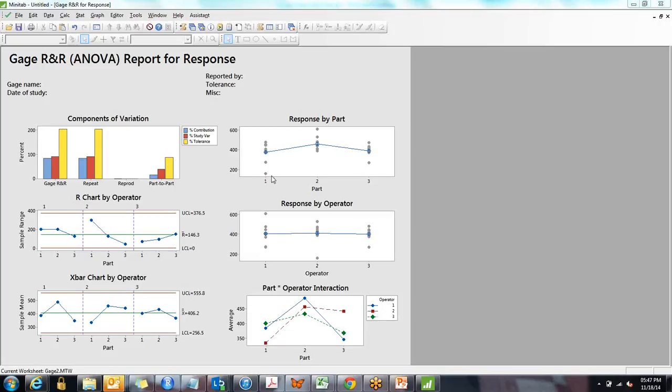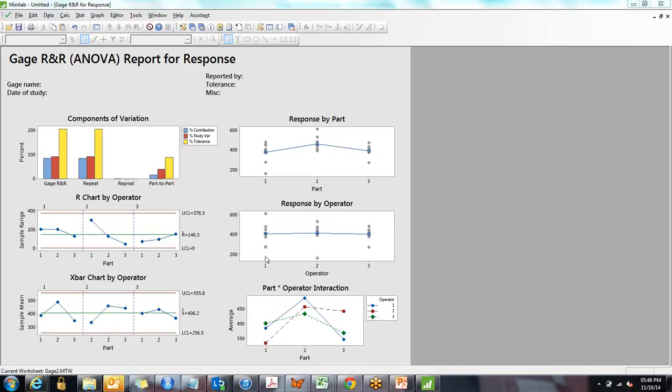That means look at this part 1. The small circle here is the mean for part 1. Then we have part 2, we have a mean here. Then we have part 3 and we have a mean here. All these three means should not be in a straight, horizontal line. Here it's okay. It's not a straight line, it's somewhat curved. It looks like a triangle, right? On the top, at least two sides of the triangle. So that's fine.